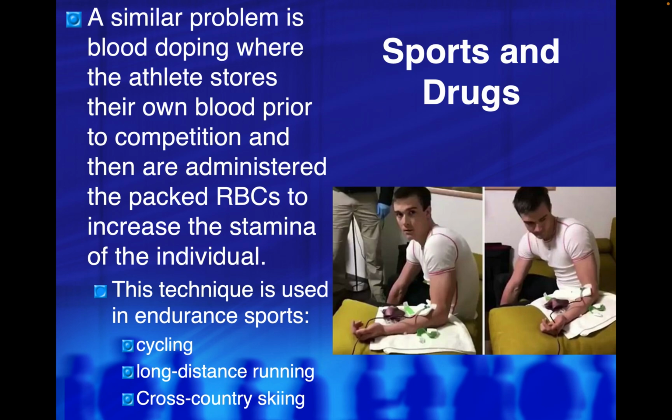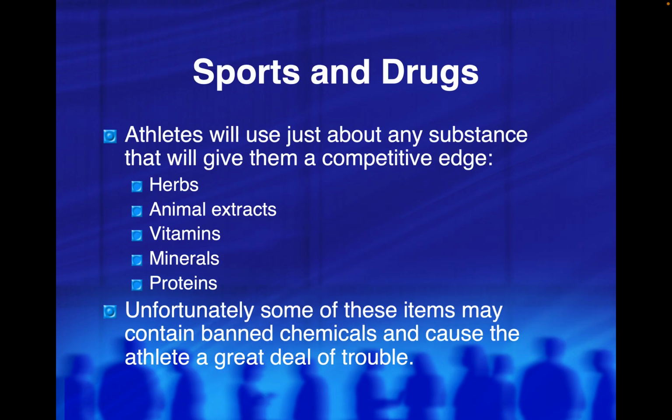This technique is used in endurance sports such as cycling, long distance running, and cross-country skiing, but we see it most often in cycling, especially the Tour de France. Lots of problems in the Tour de France. They'll do just about anything to get an edge over the competition, including taking EPO and blood doping. And also taking